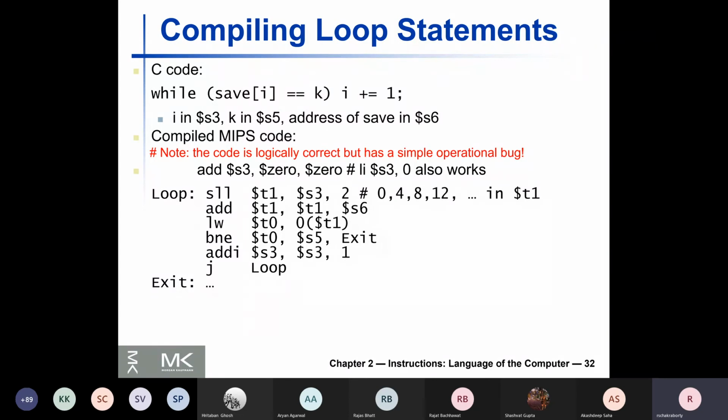The implicit meaning is there is a pointer pointing to the beginning of the array, and when you are writing save[I], it is getting converted to star of save plus I, and then pointer arithmetic is happening which keeps track of how many bytes every array block occupies, and it is forwarding the pointer to that place, fetching the values and comparing, etc.